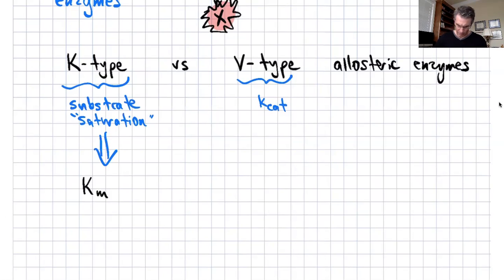Or more correctly, at the level of the amount of substrate needed to achieve that half saturation point, right? So in some cases, this could be thermodynamic equilibrium. Lots and lots of these enzymes, substrate is not in thermodynamic equilibrium, but still the same ideas we talked about before apply. The amount of substrate you need to reach half saturation is the focal point of this allosteric control, right? And in both types of system,